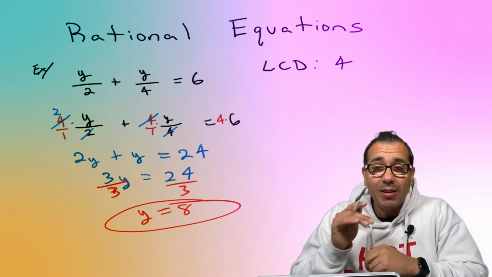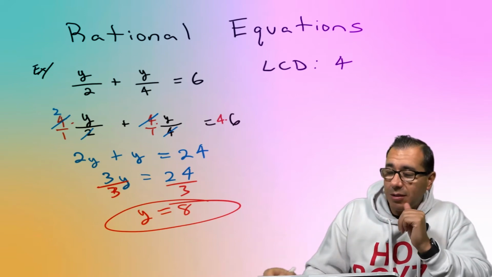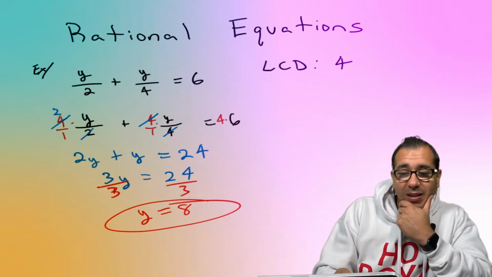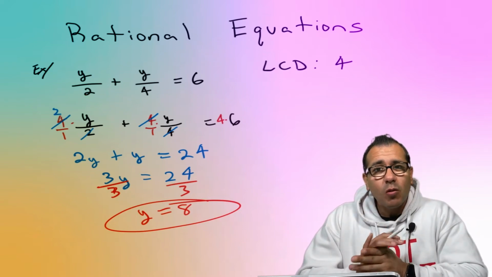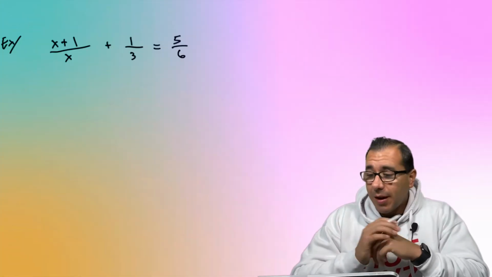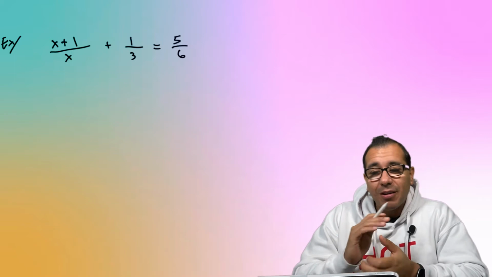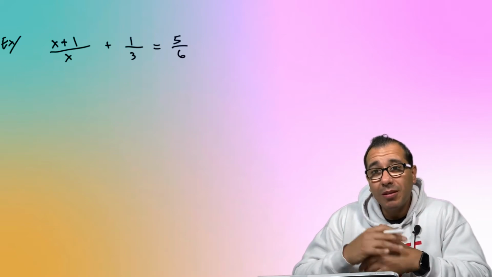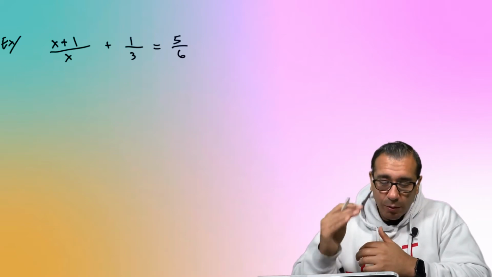All right. So there's the example 1. And notice with this example, both of my denominators here were numbers. So what happens when they're not numbers? Well, follow me. All right. So look at this example. Our denominator has a variable. So the most important step here is